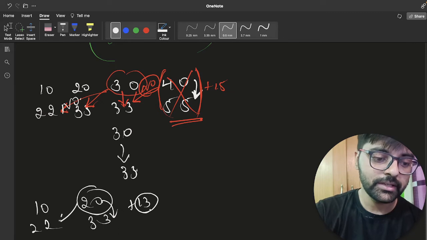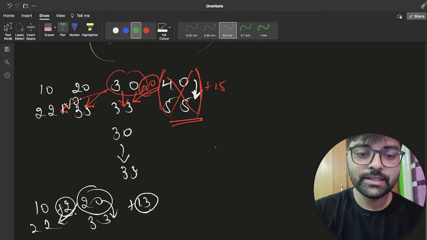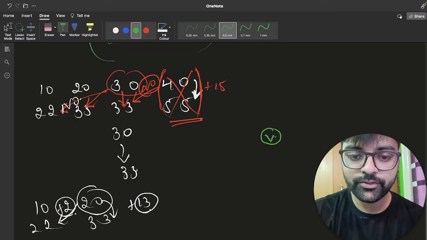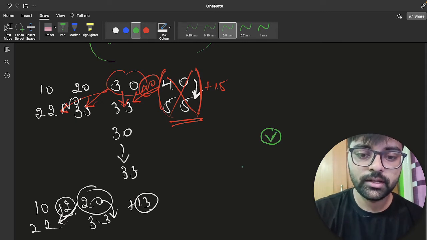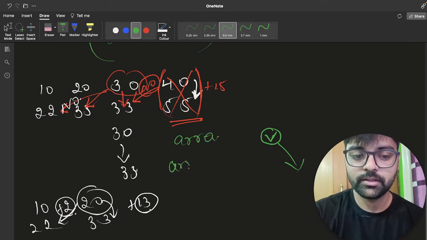Right? Can we make this 20 to 22? Yes, by adding 2. Right? So let's say that this is some value v. And it is given that this is array A and this is array B.